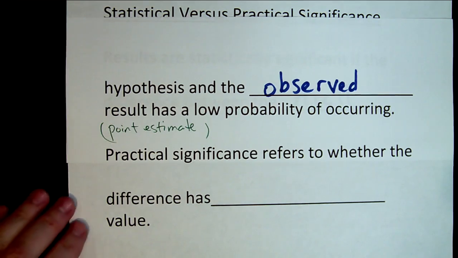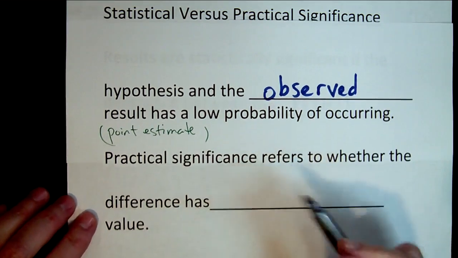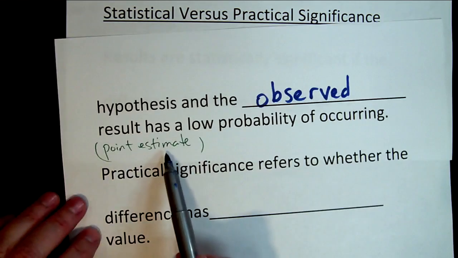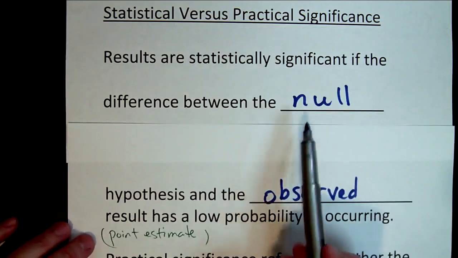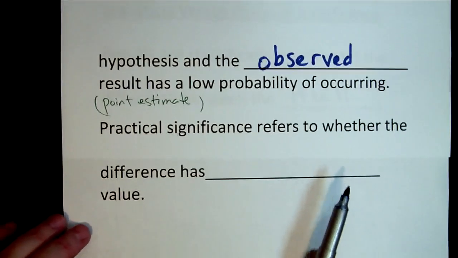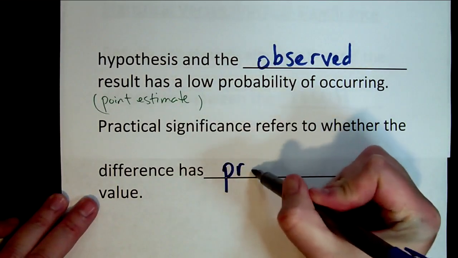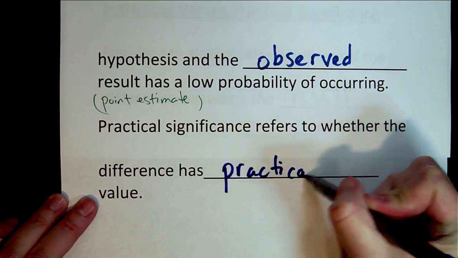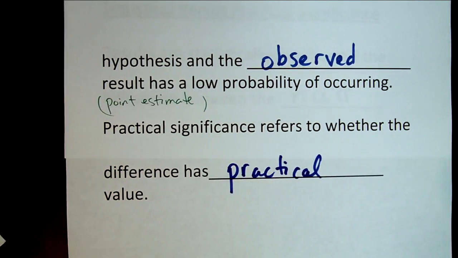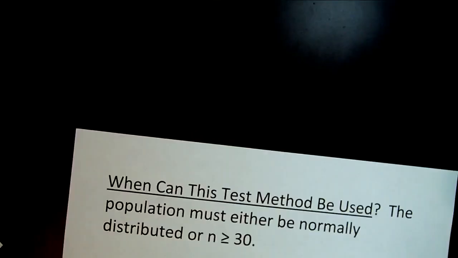Practical significance refers to whether the difference, again, the difference between the point estimate and the assumed value of the null hypothesis, has practical value. If it does, we'd say it has practical significance. Otherwise, it might have statistical significance, but not practical significance. For example,